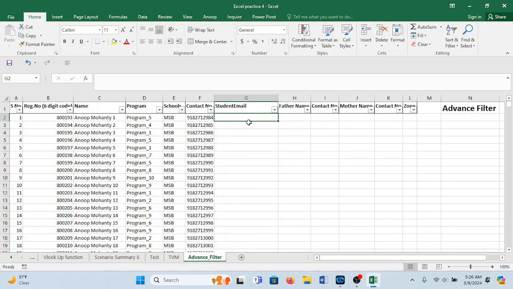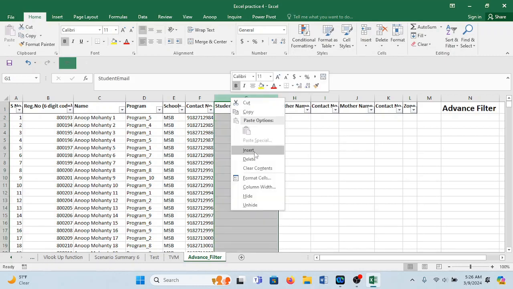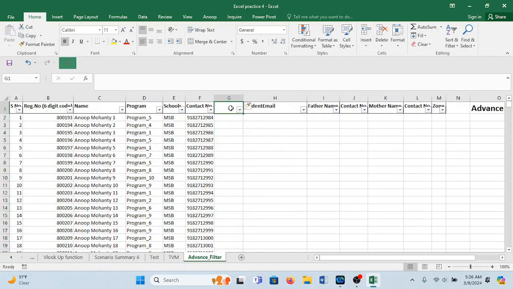How to create student email ID if it is a case. Now what is the name of the student? Here it is Anup Mohanty. For creating this email ID, what I'm going to do is bring in an additional column here first, because I need some information. Let me get the first name of the student. Anup is there everywhere. So what I'm going to do is type the first name of the person and then press enter. Once you do, then you have to do control and plus